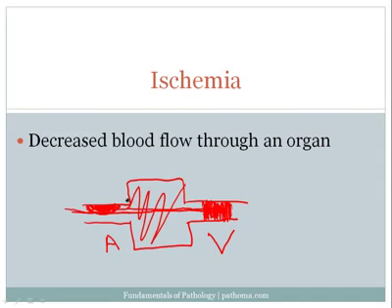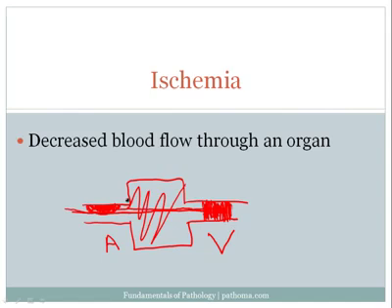So anyway, I don't want to press too hard on the specific examples, but at this point I'm trying to lay down a basic principle in your mind. We'll have a lot of time to talk about the common and classic examples of Budd-Chiari when we do the liver. So this is one way by which ischemia can occur, and of course ischemia would be a cause of hypoxia, which is the discussion that we're having.